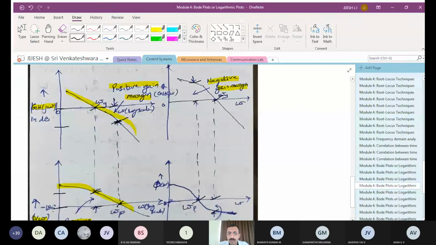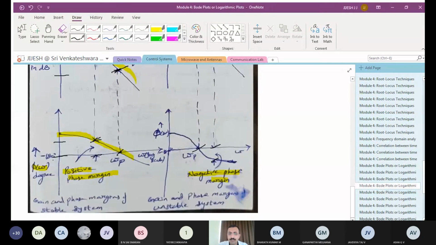From there you draw dotted lines towards the down, and you get the phase margin here. And when you take the phase plot where the crossover takes place, from there you draw it upwards, you get the gain margin there. Similarly here also, where the phase plot is there, you put the dotted lines where the crossover is. This crossover point is what you have to see in both the cases, and put the extended dotted lines down there. So this is what you call gain margin and phase margin, for a stable system and for an unstable system.